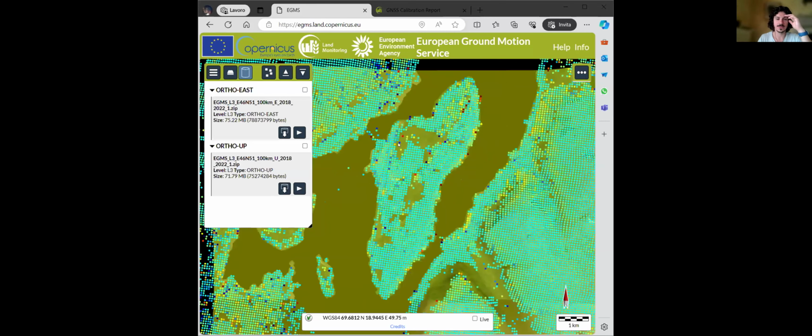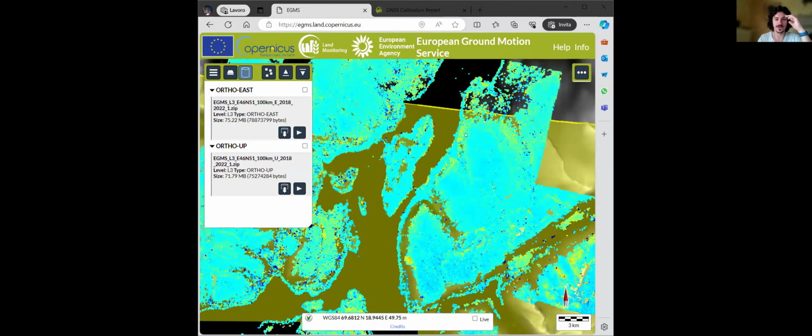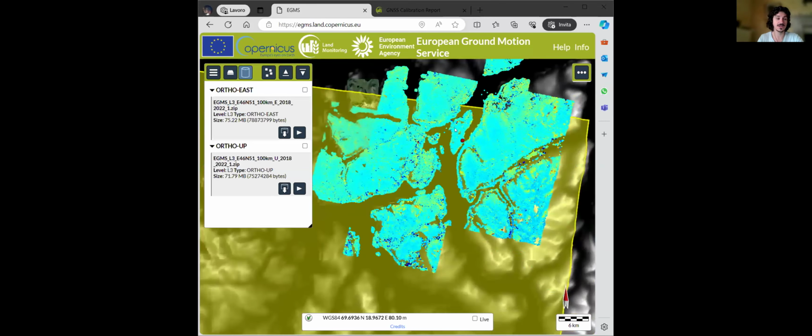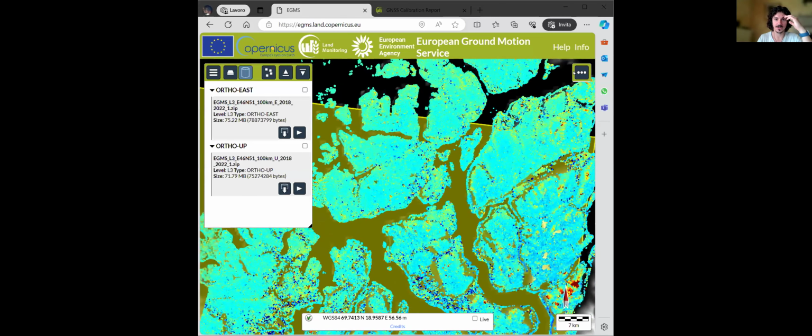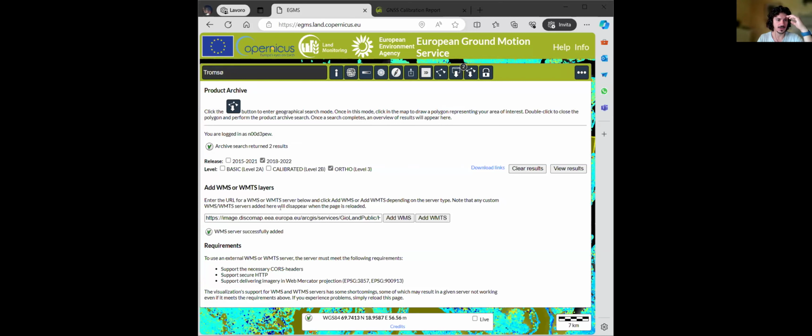In this case, all the available products appear. But if you go to the product archive, we can select, for example, the level or the baseline that we want